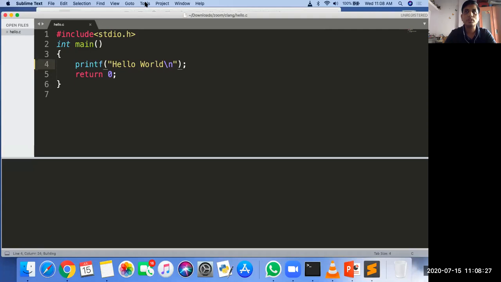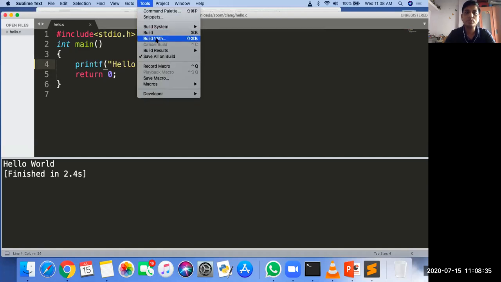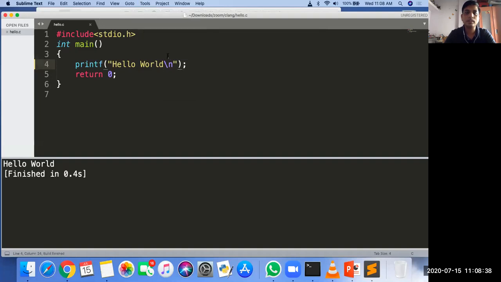Just like Control F9 in Turbo C, it will compile and also run. So when you select build with C single file run, it will compile in the background and also run it, and you will get the output at the console itself. It's much easier than using the nano editor, but again I prefer the nano editor because anytime you want to write a program where Sublime Text is not available, you can do it anywhere if you only have the console with you. That's why practice with the nano editor is very important.